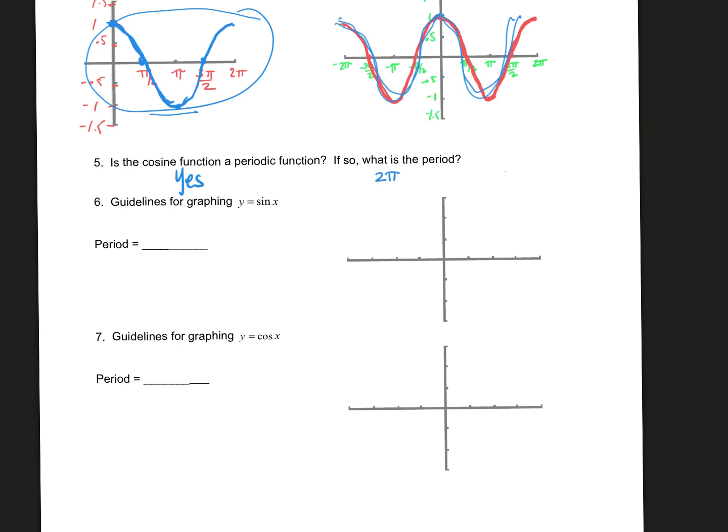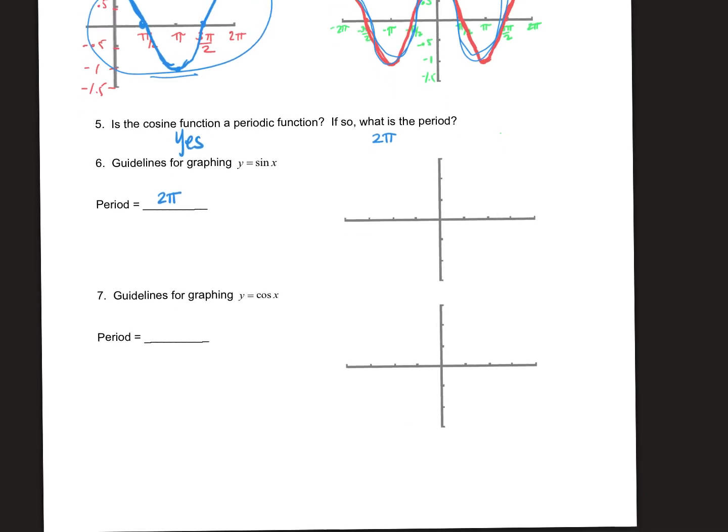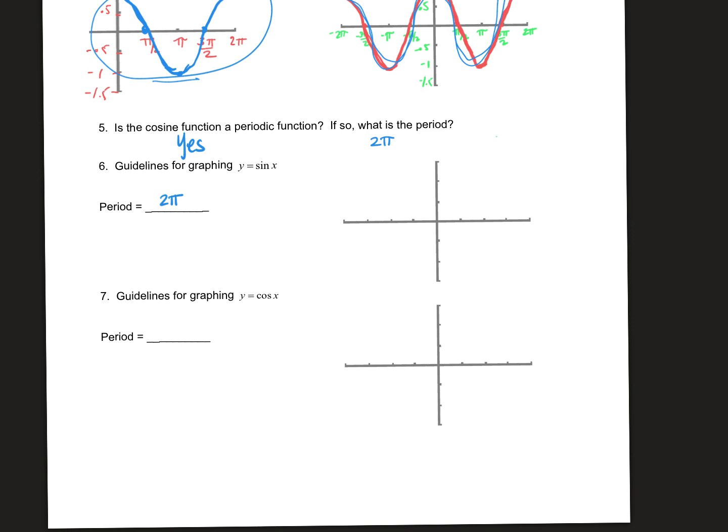Okay. So the guidelines for graphing sine x are just what we're going to see on the left. The period is 2 pi. We discussed that earlier. And we're going to graph on one side, unless we say it's positive or negative. So usually when we talk about the period in a specification, we're talking about the right side, the positive values. So you're always going to label this pi over 2, pi, 3 pi over 2, and 2 pi. Right now we're doing the basic one, so it's always going to be